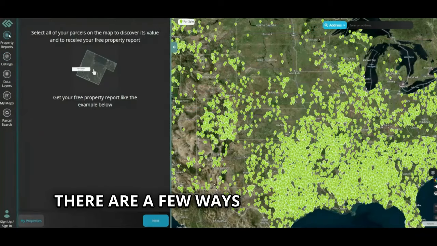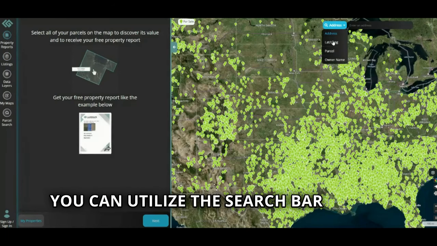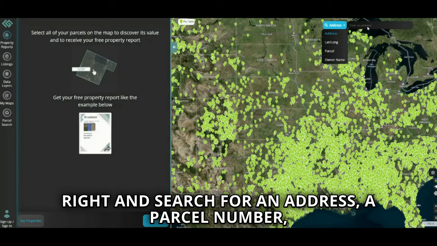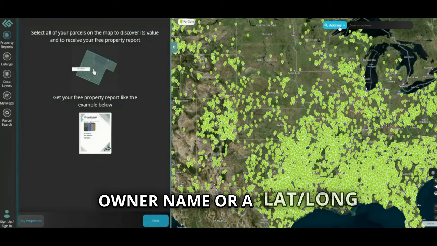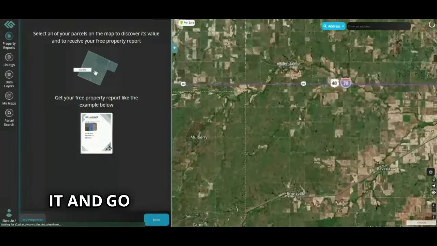There are a few ways you can search for a property. You can utilize the search bar on the top right and search for an address, a parcel number, owner name, or a lat-long coordinate. Once you've located the property, make sure you click it and go through the next couple